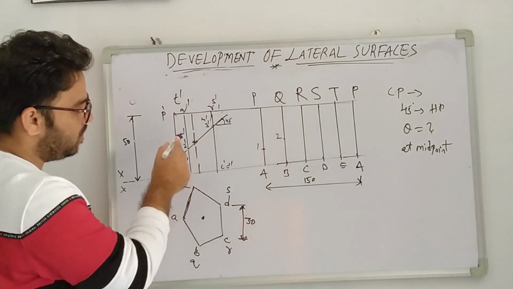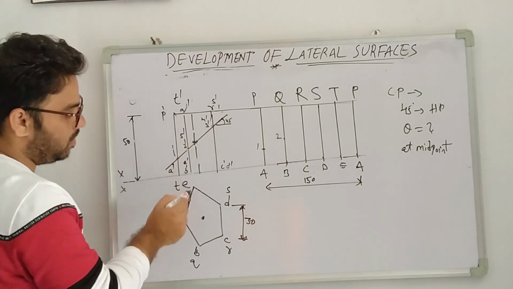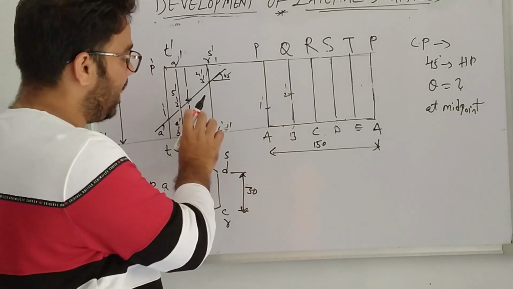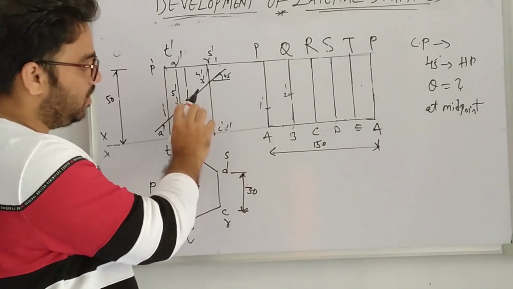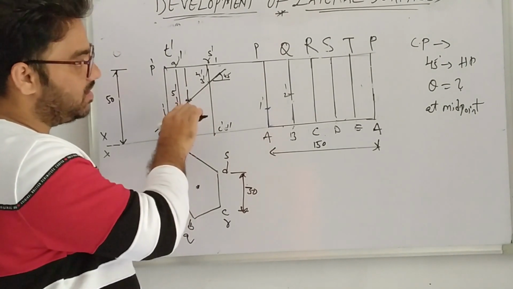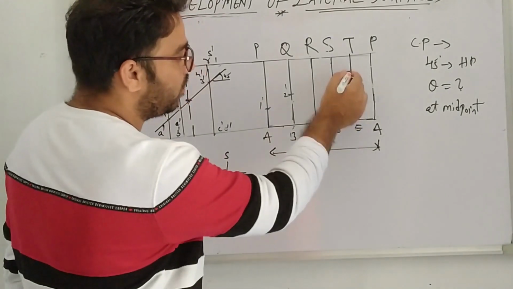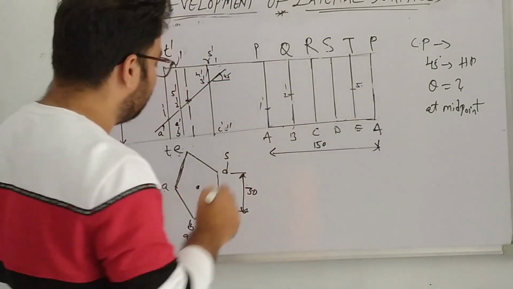Here we have 2 cutting points; 5 dash is also located. So that is the ET longer edge. You can see in the top view, ET longer edge. Now see, B dash to 2 dash we completed. Now see, ET dash is also done. So measure this reference line to the 5 dash distance, and keep it on the ET longer edge. So ET longer edge is located here. That is my 5th point.